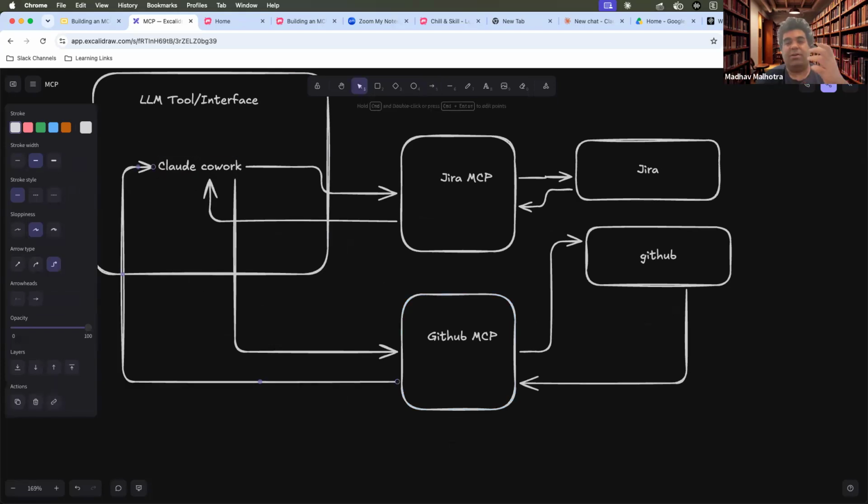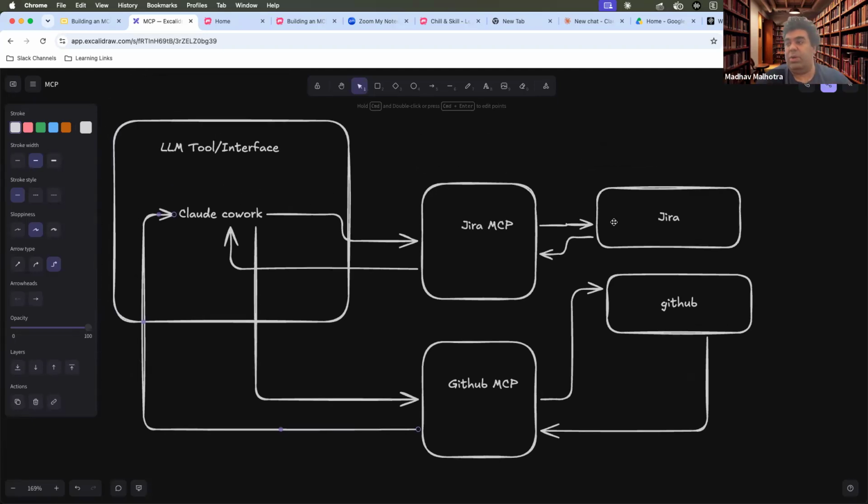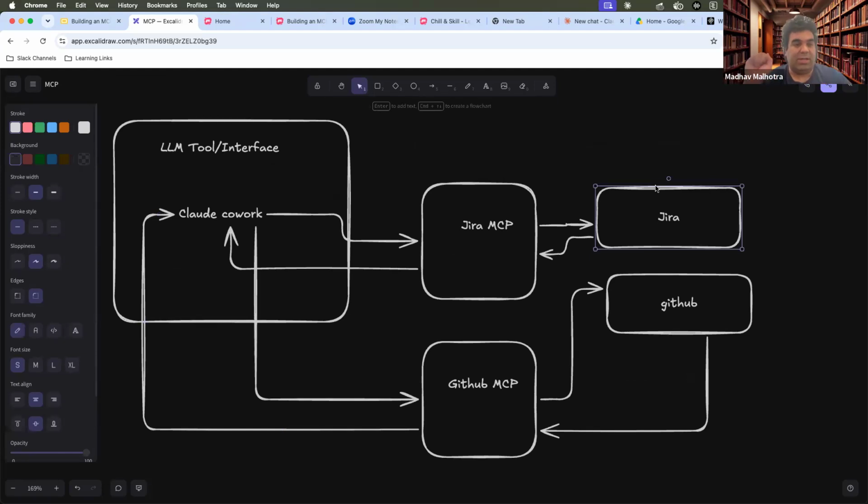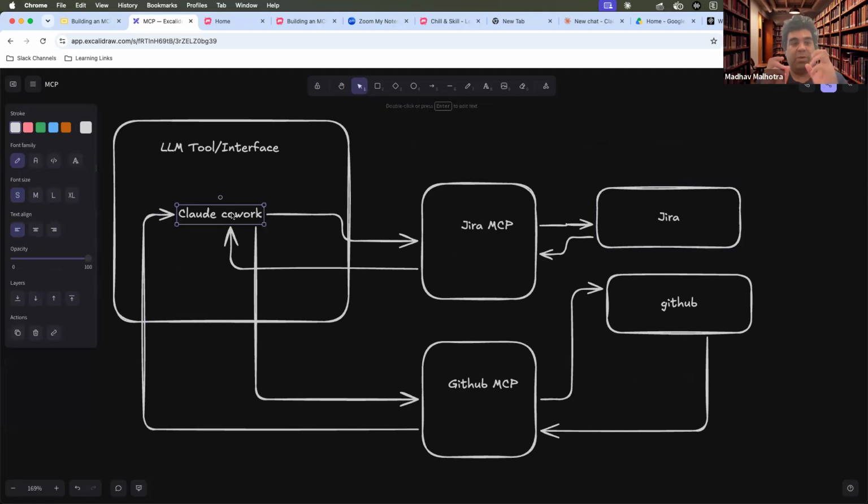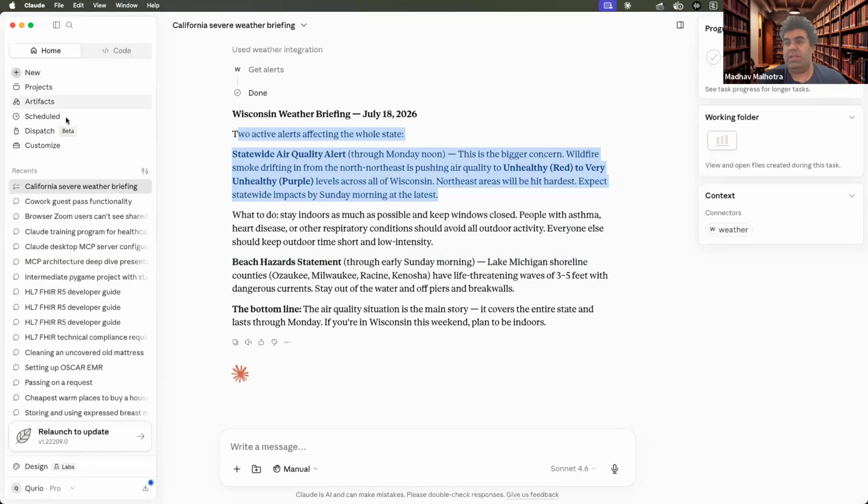Now, if you hear the term that a lot of organizations right now are creating their own MCPs, the big reason for that is it allows an AI agent to talk to an organization's backend without having to actually log into the UI of that organization. So I can totally imagine a world where I never need to actually go into the Jira UI. What I can essentially do is go to my Cloud Cowork, connect it to Jira, and then it's able to fetch all of that information and give it to me in that instance. If people want to get a feel of what that looks like, I'll show you a very quick demo, and then we'll go back